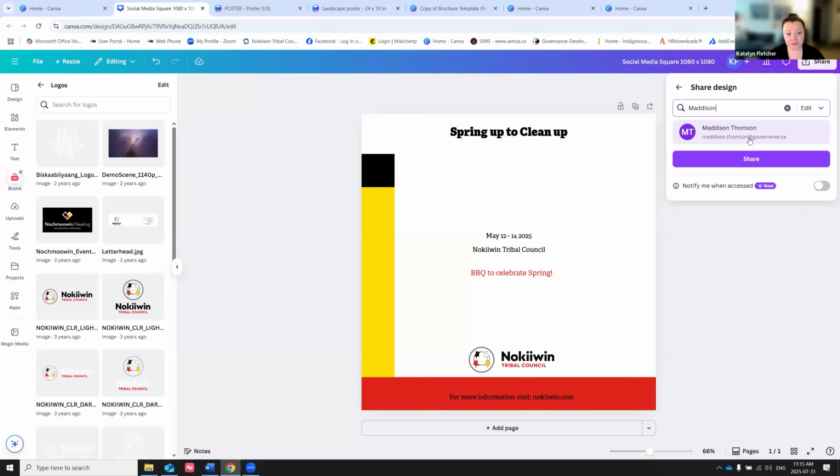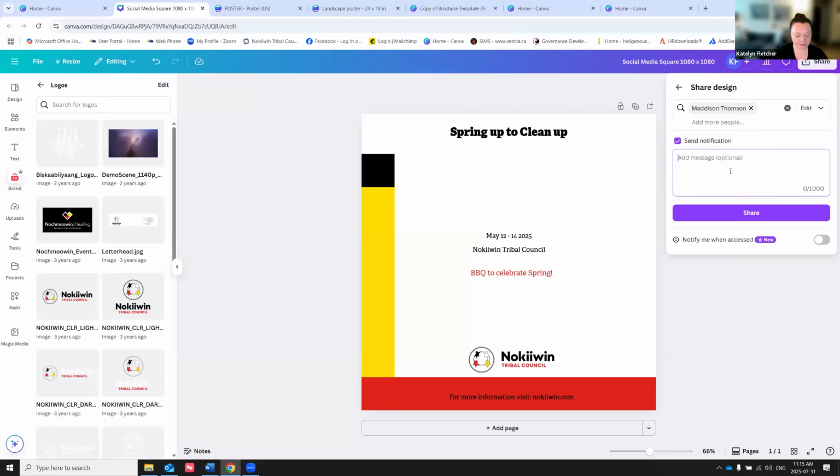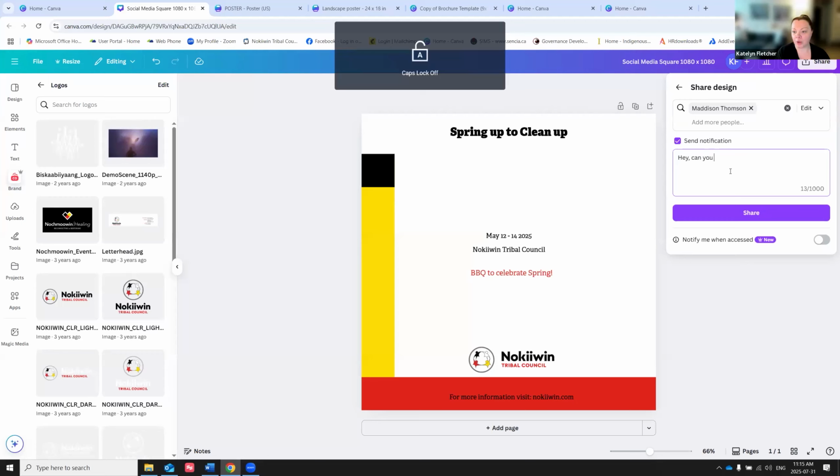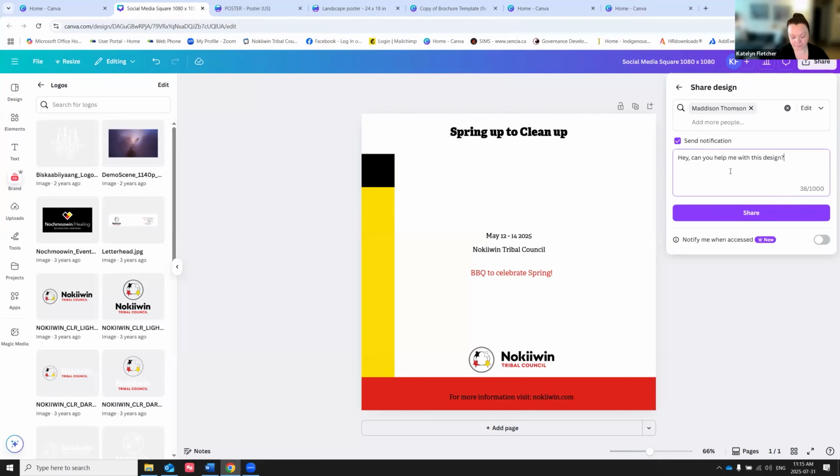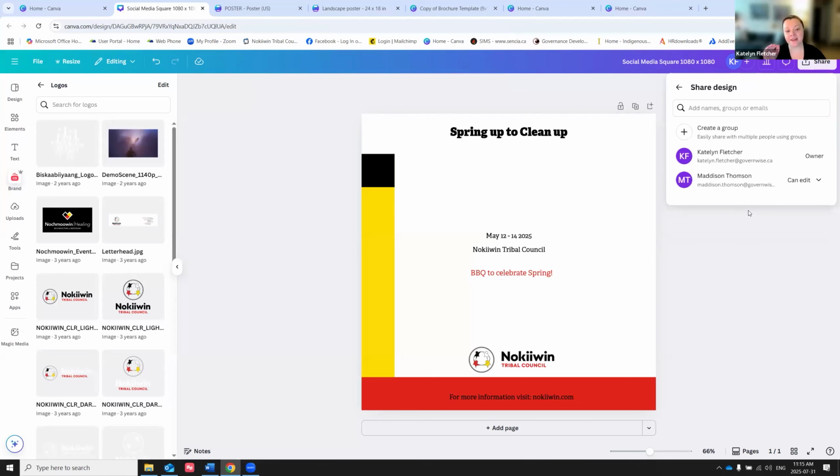So because she works in the same office as I do, we have access to each other. So I'm going to hit Madison. And if I want to say, hey, can you help me with this design? She will get that. So I'm going to share that with her. And then now Madison has access to this design and she can go in there and help me as well